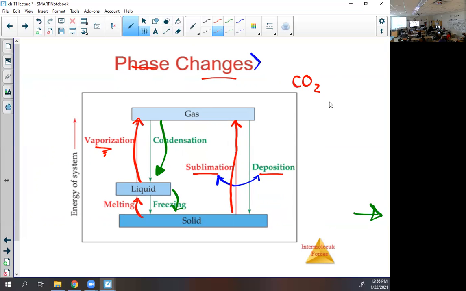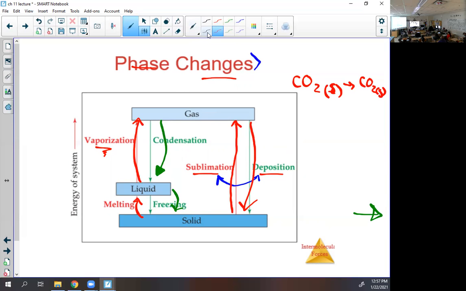Okay, so here we go. Sublimation, that's why we have dry ice. It's because it can go from a solid, in our cooler, straight to a gas. So since there's no liquid, that's why we call it dry. Then deposition, that's the reverse, when the gas goes to the solid. We don't see that very often, but to make dry ice, it's the reverse. We just remove temperature. Why does dry ice burn your skin? Because it freezes it. It removes heat from you so fast that it causes damage to your cells, and then we call that a burn.